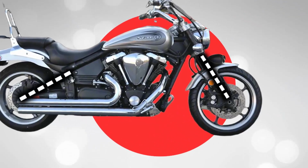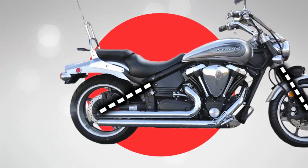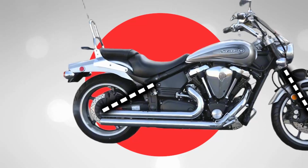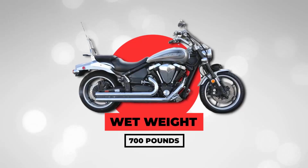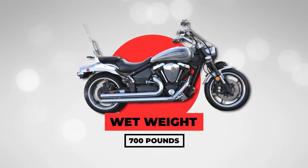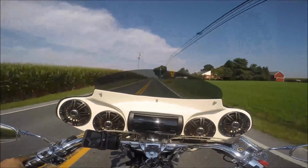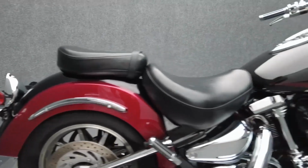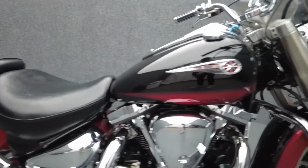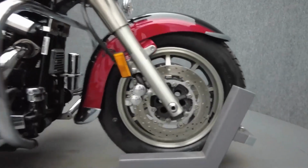The suspension setup includes a conventional telescopic front fork and a single-shock rear suspension, designed primarily for comfort rather than sport. Tipping the scales at nearly 700 pounds, the Roadstar 1700 feels stable on open highways, but becomes noticeably cumbersome in urban environments and slow-moving traffic. Yamaha intended the Roadstar 1700 to be a comfortable, no-nonsense touring bike, yet it quickly fell behind the curve as